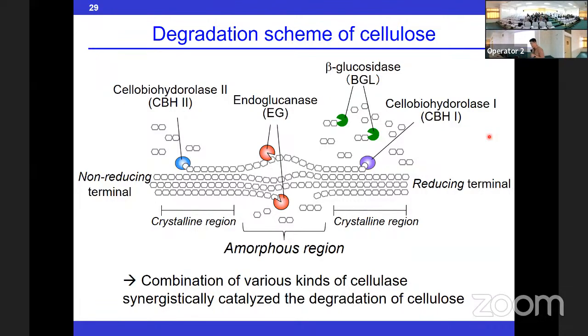9:14. Okay, so in the case of cellulose, for the degradation of this cellulose to glucose, there is a requirement for several enzymes. So how can I say, this line is the schematic of a cellulose. And this, you can see here the 4 kinds of